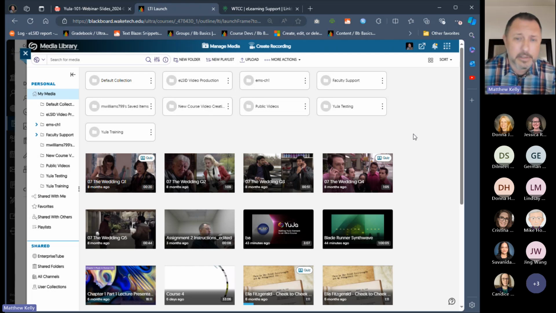Are there any limits on file size or number of files? The simple answer is not really. We have an elastic file storage quota with YuJa. We haven't seen anybody yet approach even that orange or red line territory where we'd have to look at managing any kind of limit or quota.